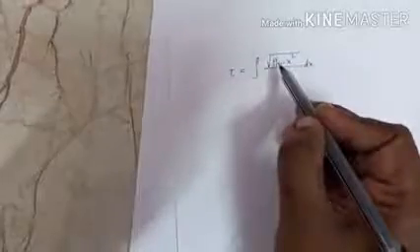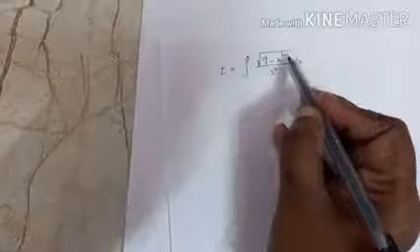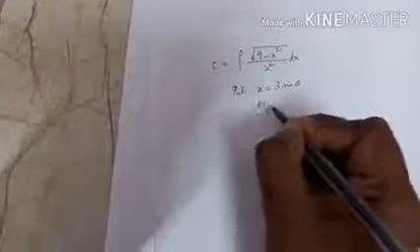The expression in the numerator is in the form root of a square minus x square, here 3 square minus x square. So if the expression is root of a square minus x square, then we have to use the substitution x equal to a sin theta. That is 3 sin theta. So dx is equal to 3 cos theta d theta. Okay, differentiate sin theta, then differentiate theta. Let us now substitute here.